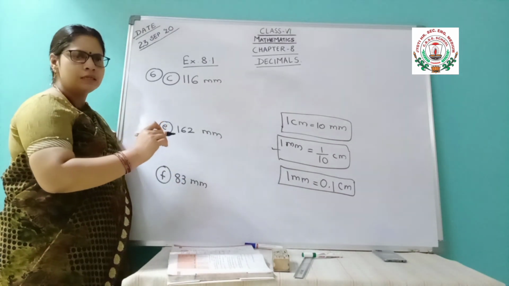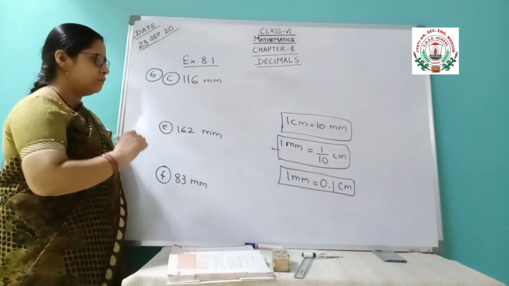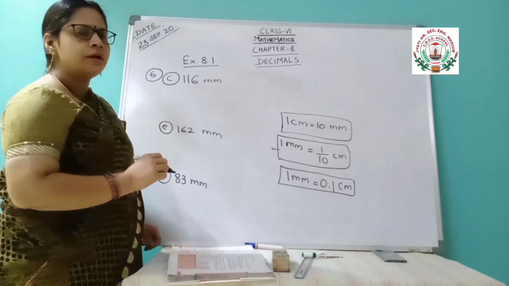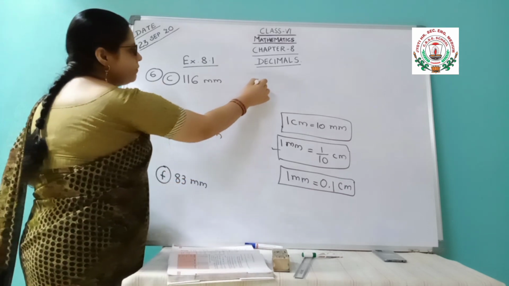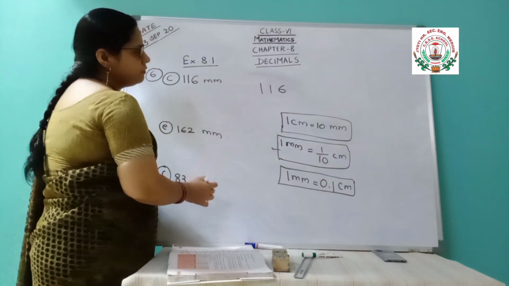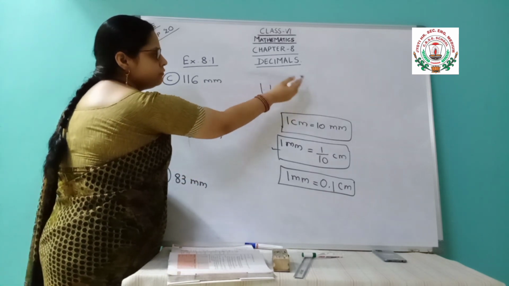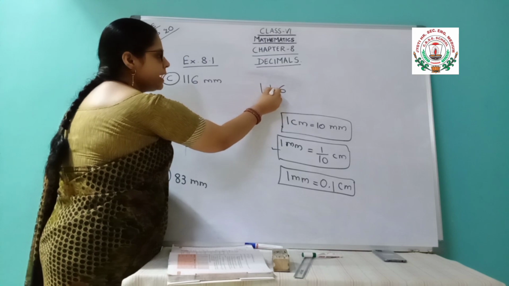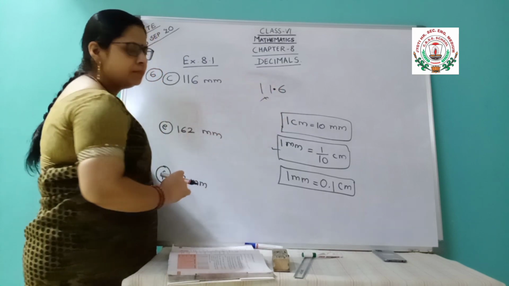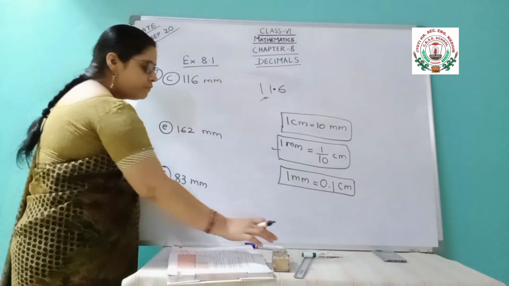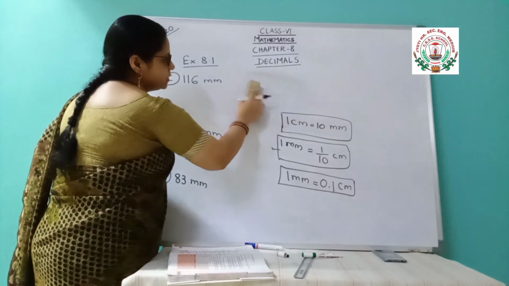So before one digit only one decimal will come. When I am saying before one digit, what does it mean? Where will the decimal come? Here? It is wrong. Before one digit means from the back side. From the back side one digit means the decimal will come at this place. Before one digit, not after one digit.